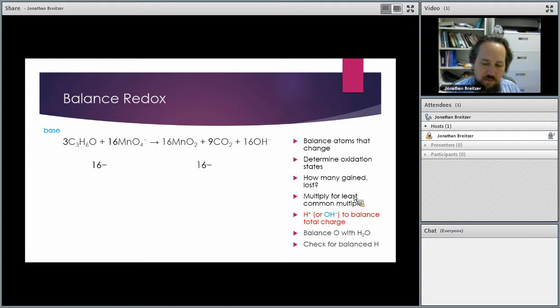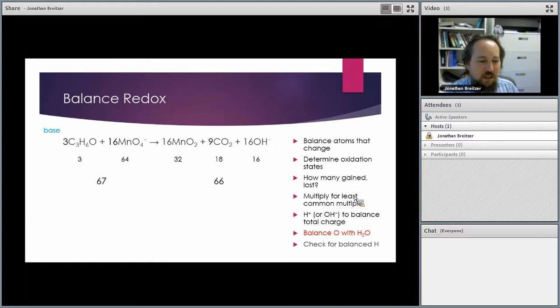Okay, the next is to balance the oxygens. We're balancing the oxygens with waters, but first we have to see how many oxygens we already have. And if you can take a look, as you see here, there's oxygens all over the place, and this is going to be a lot of math here to multiply it out, but it shouldn't be too bad. Let's just try it and see. Yes, the numbers are big. You might want to pause this video first and count it up yourself. Okay, let's see what you got.